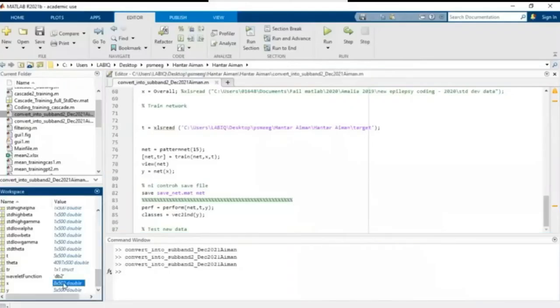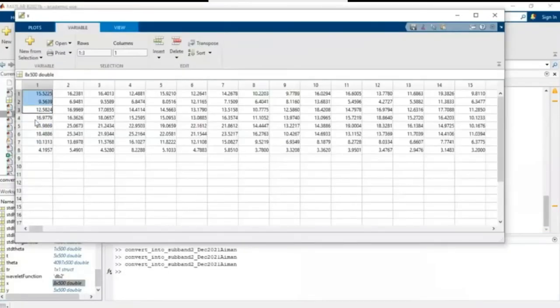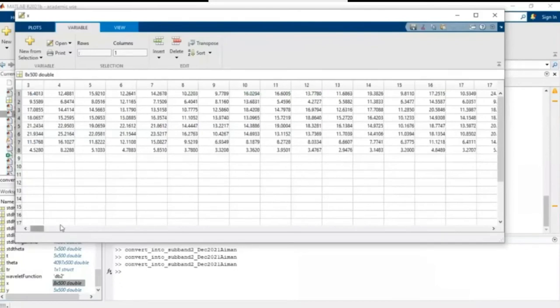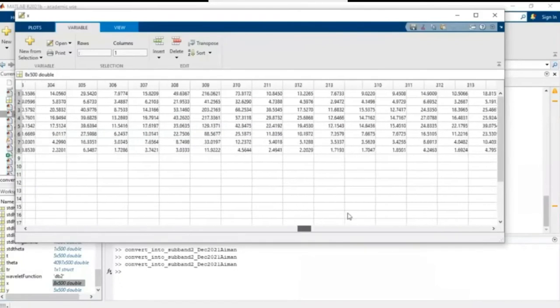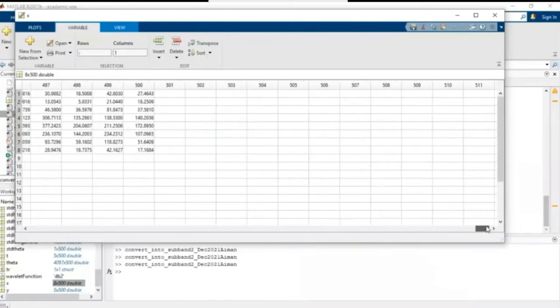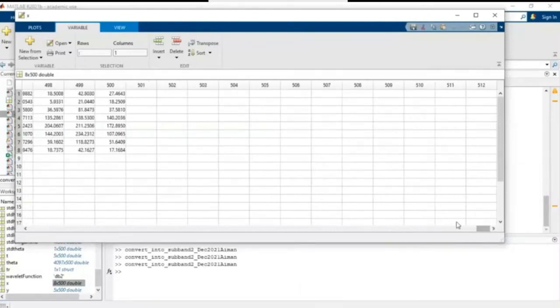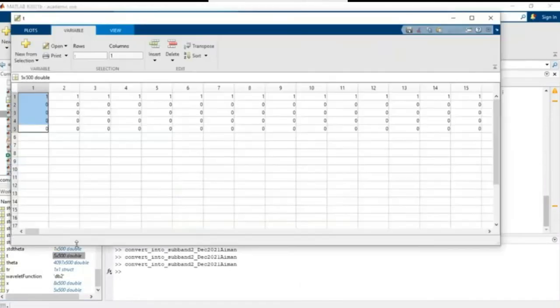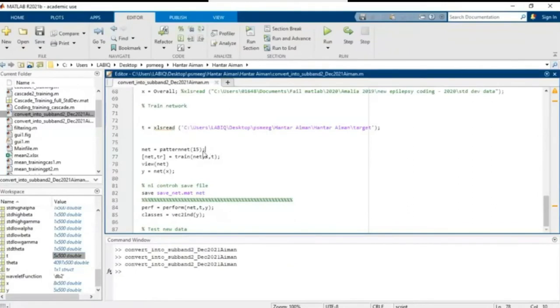Input X, which is an 8x500 matrix, is inserted into MATLAB. Input data X is obtained after the raw data from the university board has completed the process of filtering, DWT, and standard deviation. Then for target T, the input is inserted as a 5 times 500 matrix. Then the number of hidden layer neurons in the feed-forward network is changed to 15.